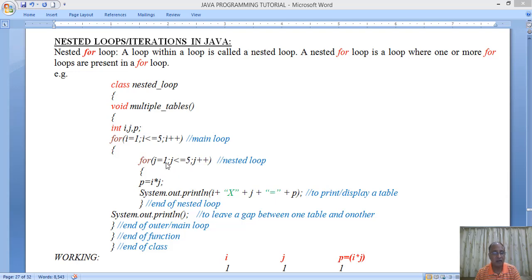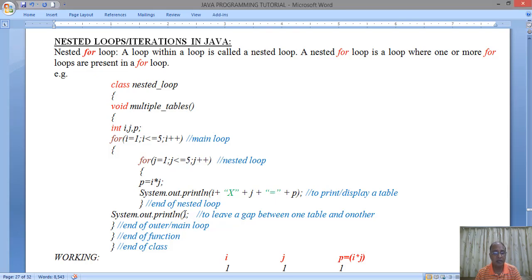Now the value of j will vary from 1 to 5, and until this loop is over, the next value of i will not be taken. So for every value of i, j will perform 5 times. The next value taken is 2 for i, then j will again become 1. So 2 into 1 is equal to 2, 2 into 2 is equal to 4, 2 into 3 is equal to 6. Then again i will become 3, and j will start from 1 again. So 3 into 1 is equal to 3, 3 into 2 is equal to 6, 3 into 3 is equal to 9. This will continue for 5 times and the loop will be over after all the values of i are finished, that is from 1 to 5. So this is how the loop will go on.